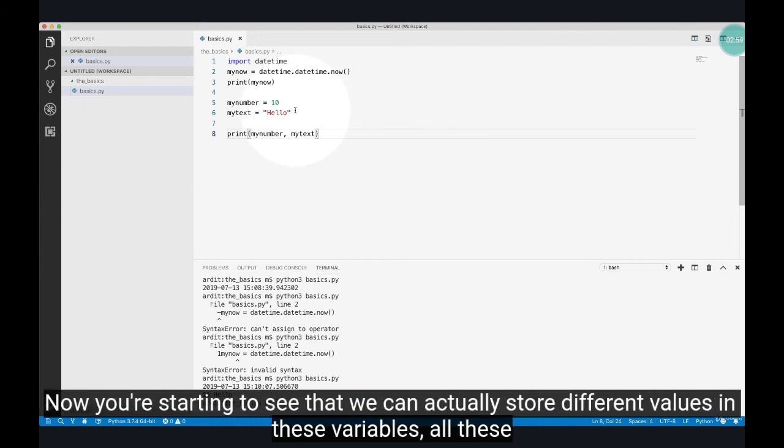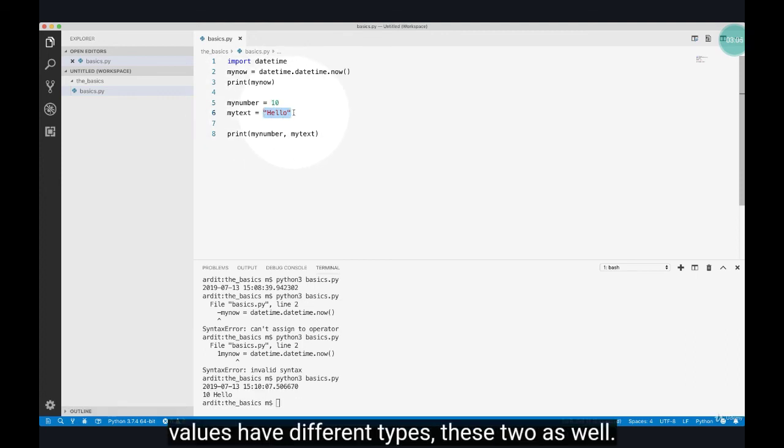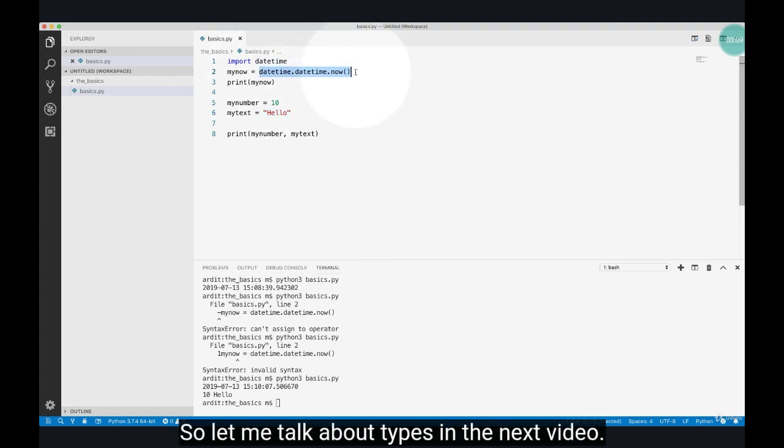Now you're starting to see that we can actually store different values in these variables. All these values have different types, these two as well. So let me talk about types in the next